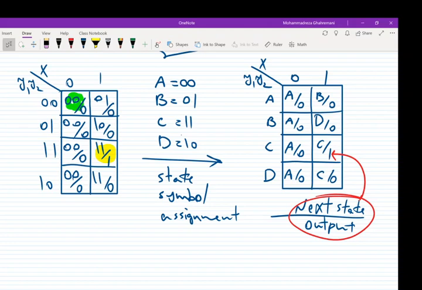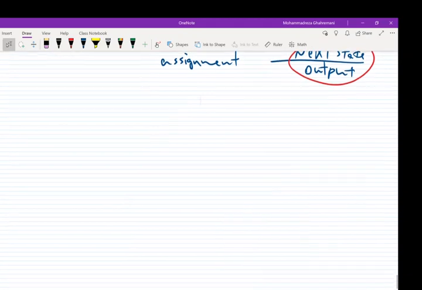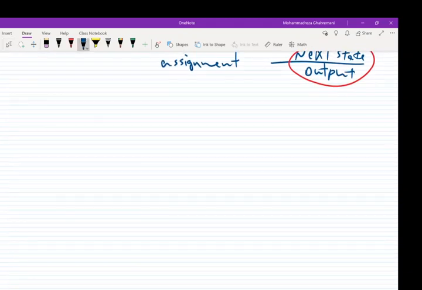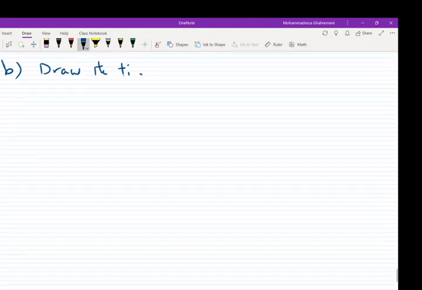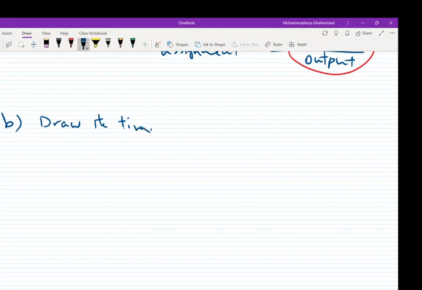We found the state table. We can draw the state diagram using this state table, which I recommend you to do as practice. And part B of this example says draw the timing diagram